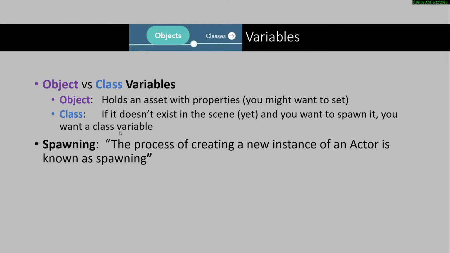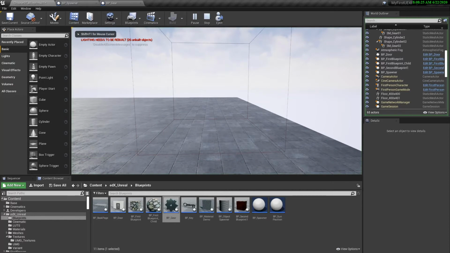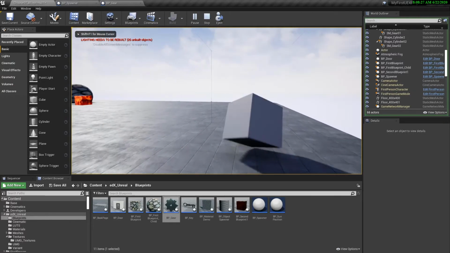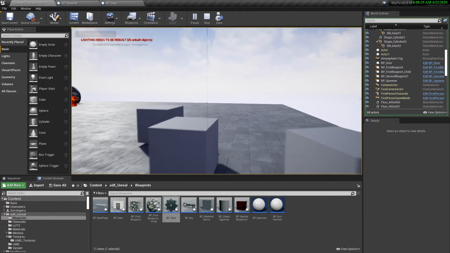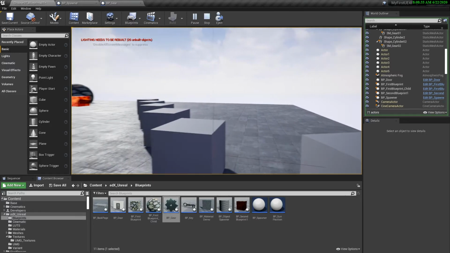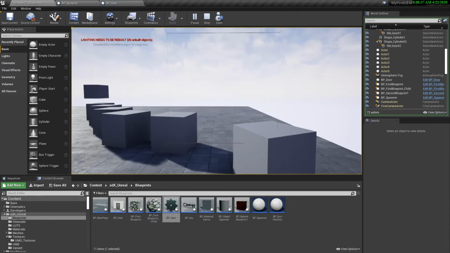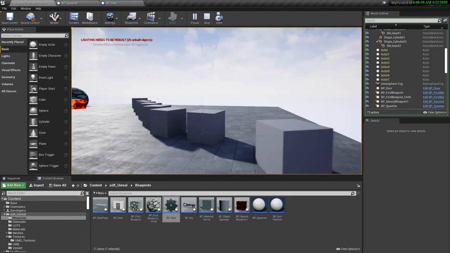So let's get started. All right, we're in Unreal. I'm going to hit play. And I've created this box here that every time we go into the box, it spawns a physics cube. Well, it's a cube with physics properties turned on. And every time it does that, it also remembers where it put the last one and it spawns it in offsets.